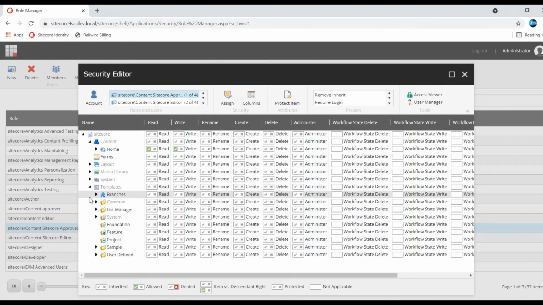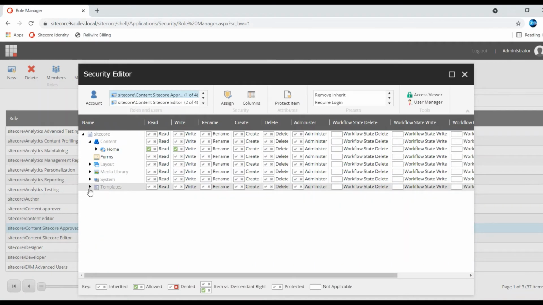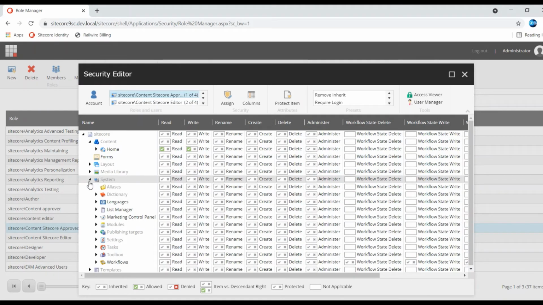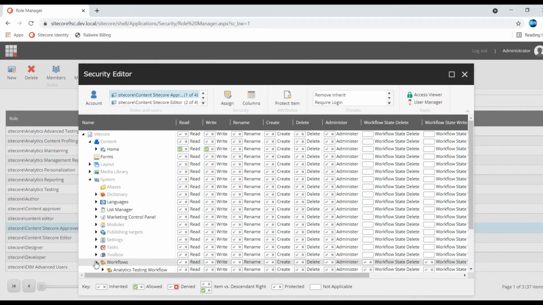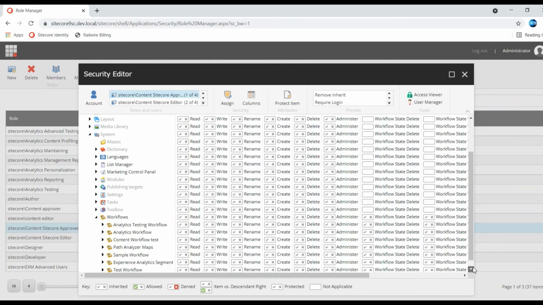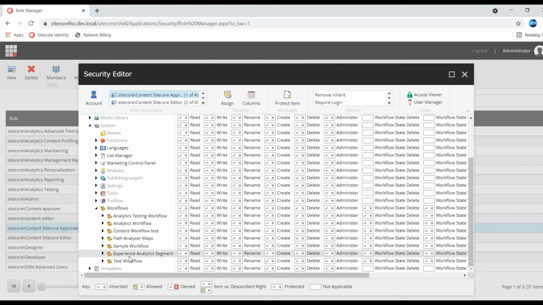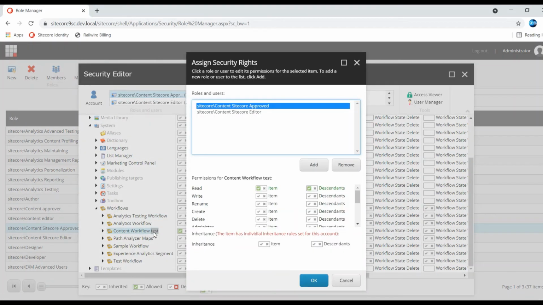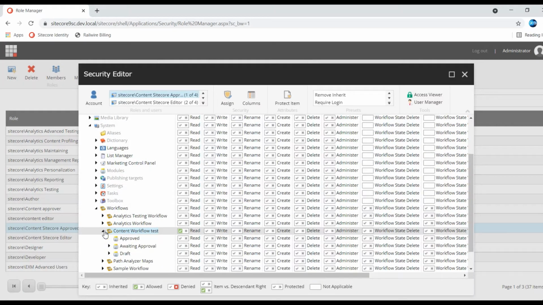Now I am going to assign the flow: system workflow, created workflow, content workflow test. For the node I'm giving read access, and read for the resident.